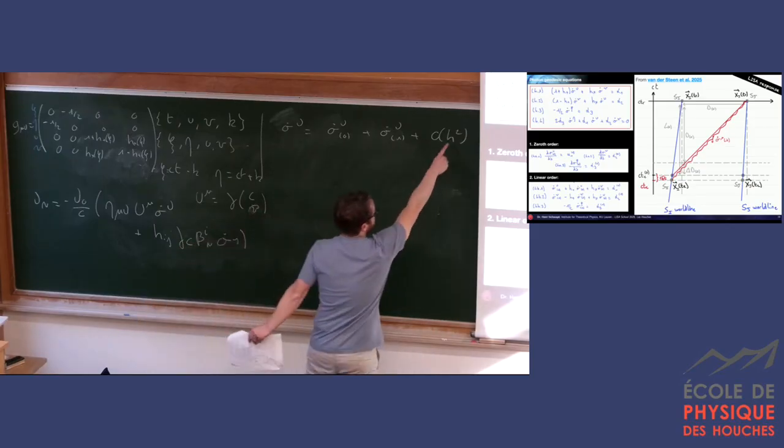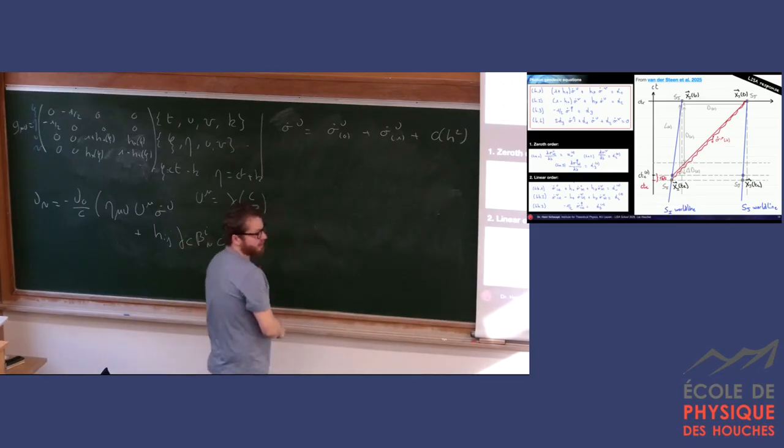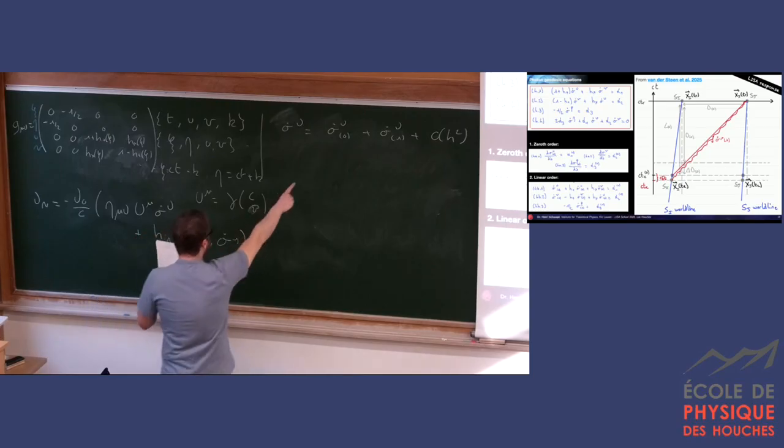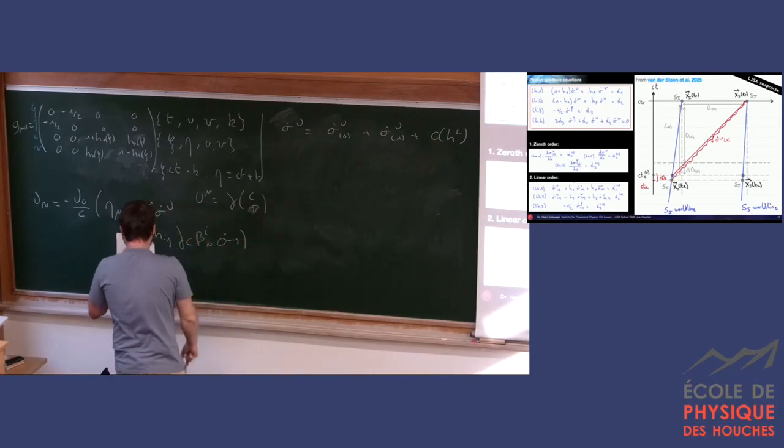Typically, h is 10 to the minus 18 for LISA, so h squared is going to be 10 to the minus 36. So if you plug that into this and decompose this thing,